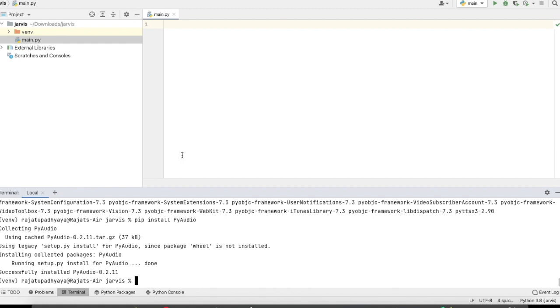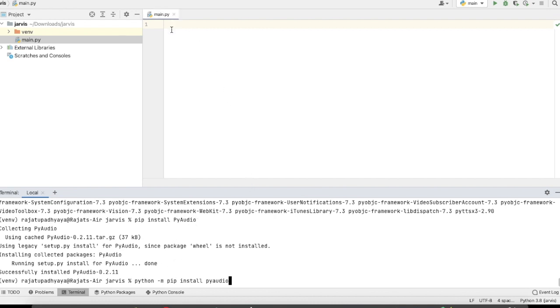Suppose PyAudio is not working on your system, kindly let me know in the comment section and I will tell you the alternative way. The alternative is that you can use Homebrew or you can use this command. I will also create a document for this video, so you can check out this command there if it is not working on your system.